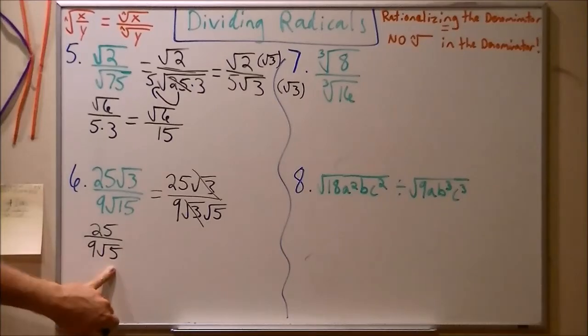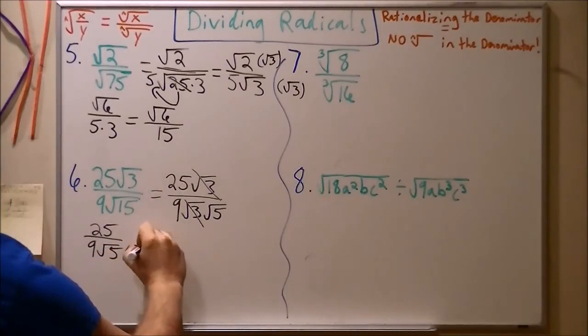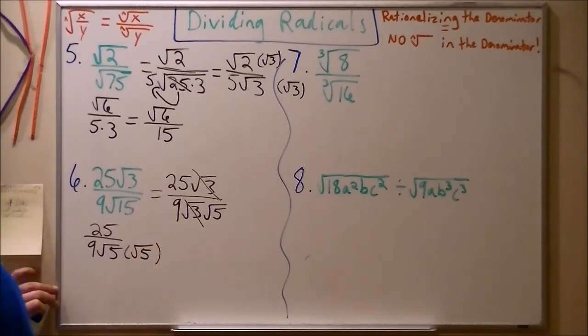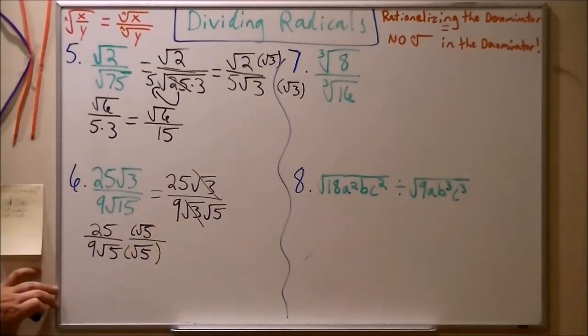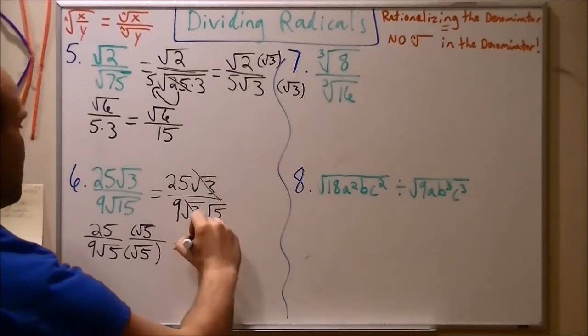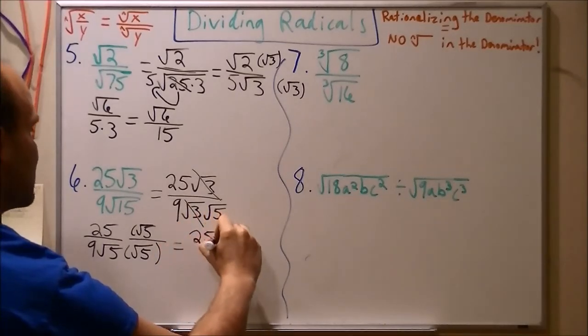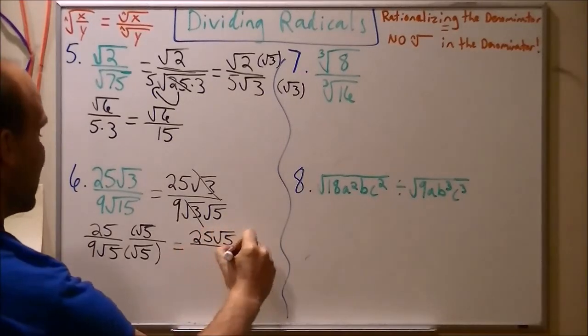And so since I have a square root of 5 in the denominator, I have to get rid of that square root of 5. How do I do that? I multiply it by the same thing, square root of 5, and whatever I do on bottom, I have to do on the top. Okay? And so here's what I'm going to have. On top, 25 times the square root of 5, correct? And on bottom, what I'm going to have